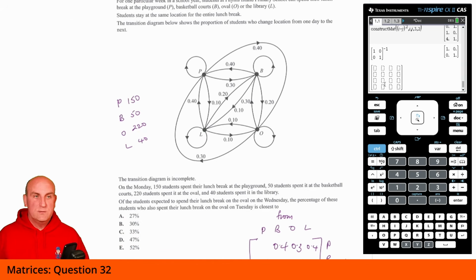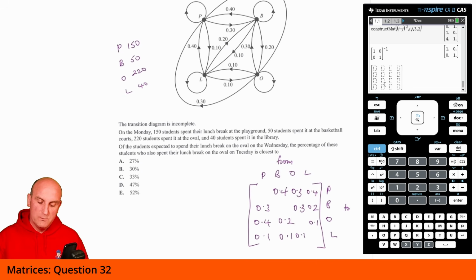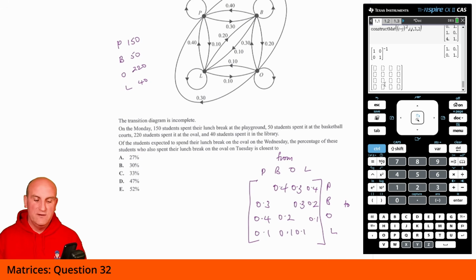So the first thing I actually did there was go, right, okay, let's try and make my transition matrix work. And when I did that, there's a certain amount of information missing. We've got from P to P, from B to B, from O to O, and from L to L, so everything on my leading diagonal. But what we do know is that my columns all add to 1. So I now know that I can probably fill those in. So 0.3, 0.7, 0.8, that's going to be 0.2. 4, 5, 6, 7, that's going to be 0.3. So there's my transition matrix.